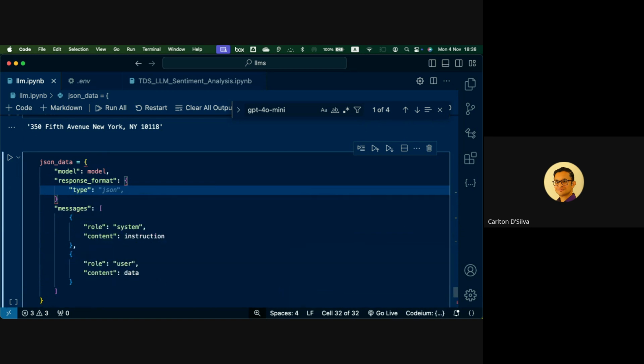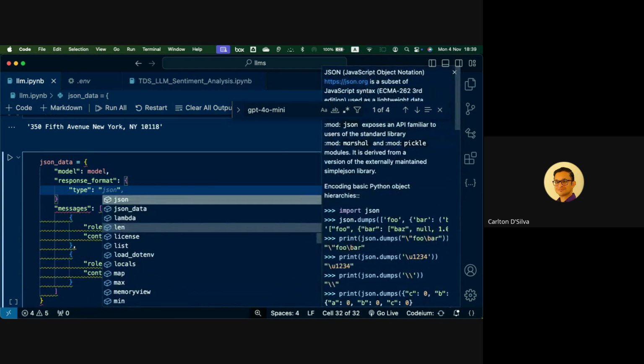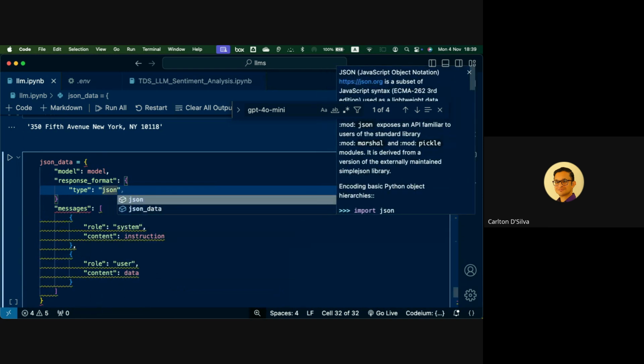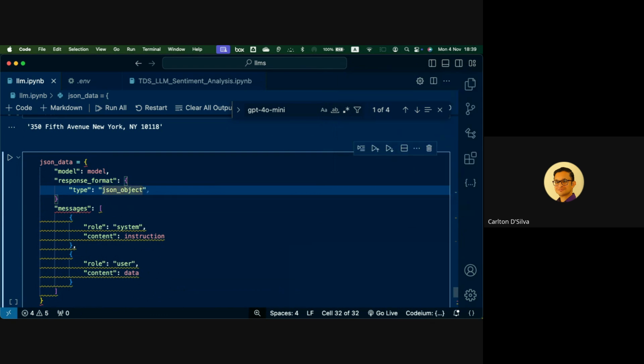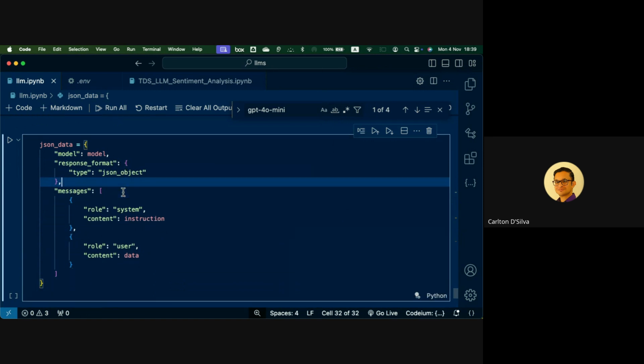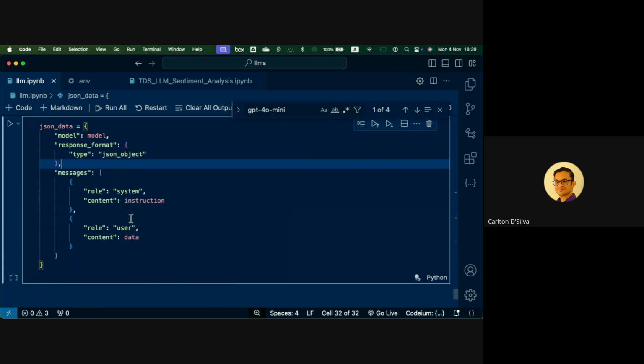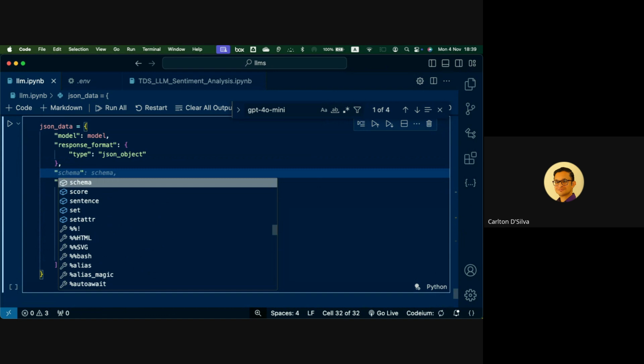And there we say we want it back as a JSON object. All right. Now the next job is we have to give it some tools.